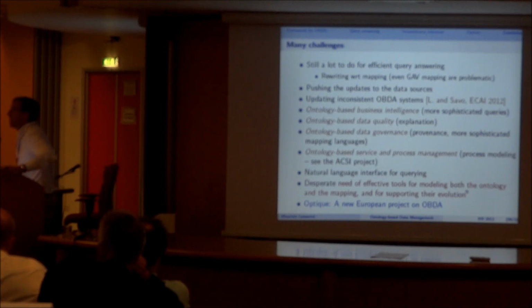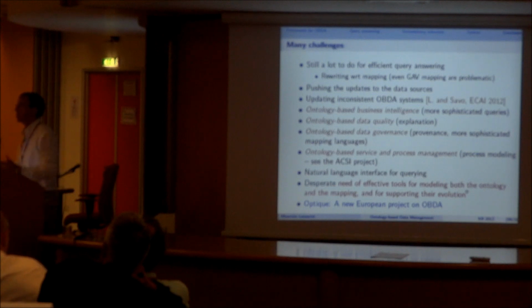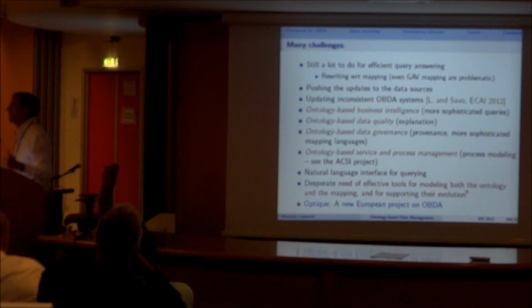Also, and finally, once you have accepted the idea of modeling your domain in terms of the ontology, why can't we try to model the processes of the organization also? That's another thing that people asked us. Okay, you have connected our ontology with the data. What about the processes? Processes are very important in an organization which has an information system. So modeling a process in terms of the ontology is also very important.